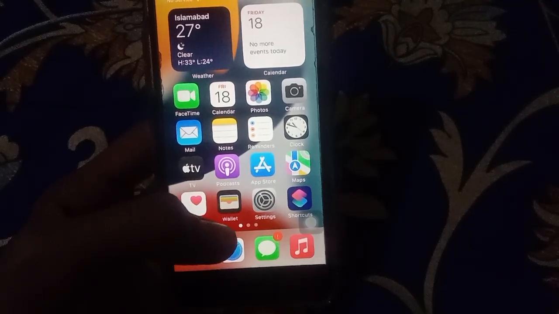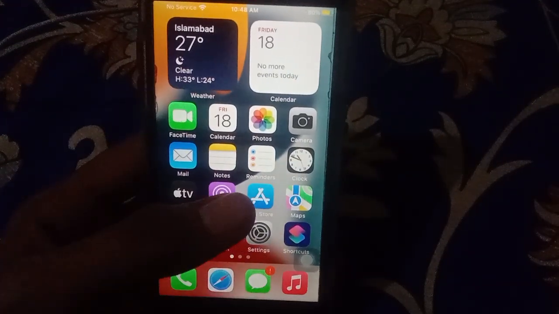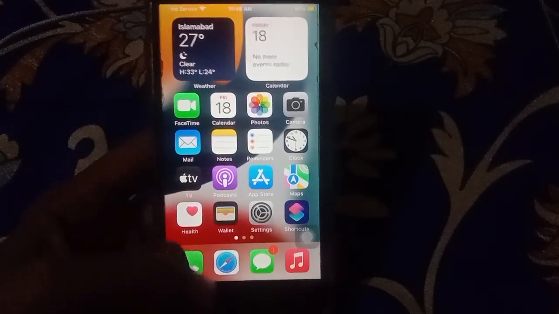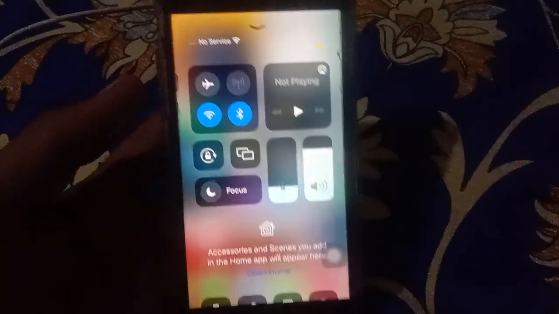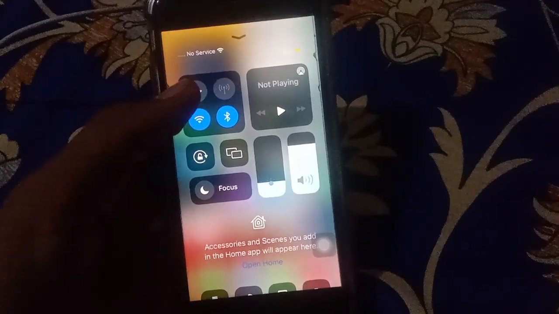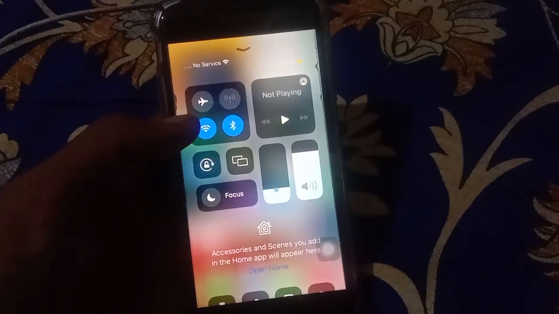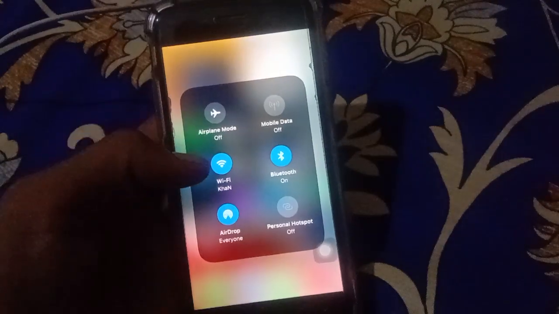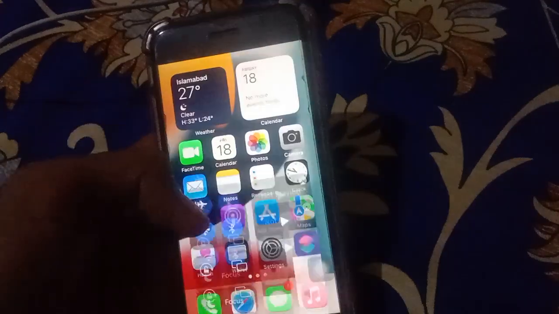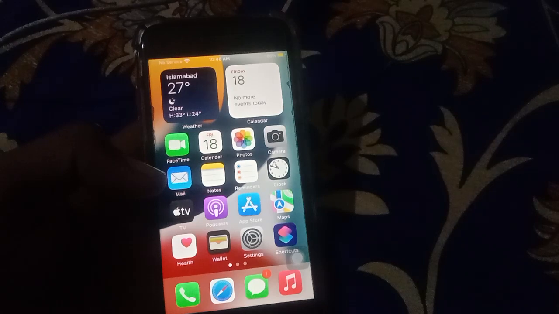So guys, this problem will be fixed on iPhone. As a first solution, check the internet connection. If you are on cellular data, turn on flight mode and turn it off once or twice, then go back to cellular data, or connect to Wi-Fi. You can check that your Wi-Fi is working properly on your mobile. If the first solution is not working on your iPhone,